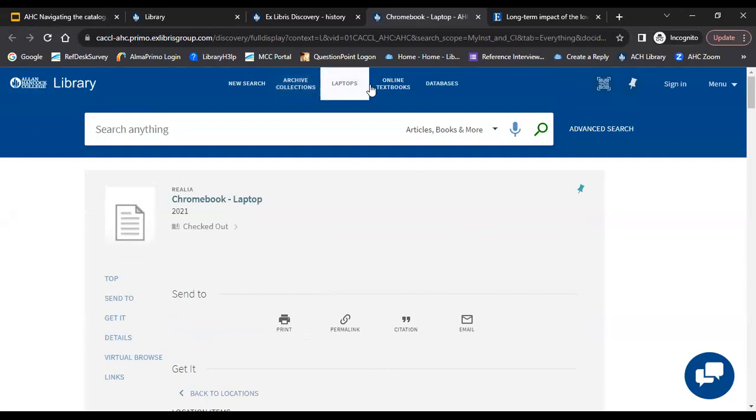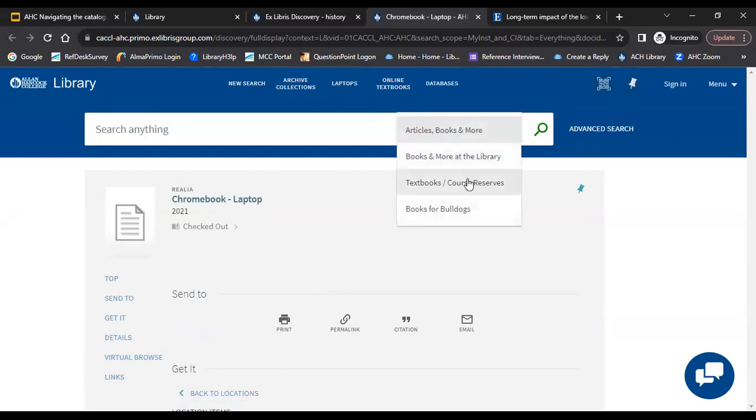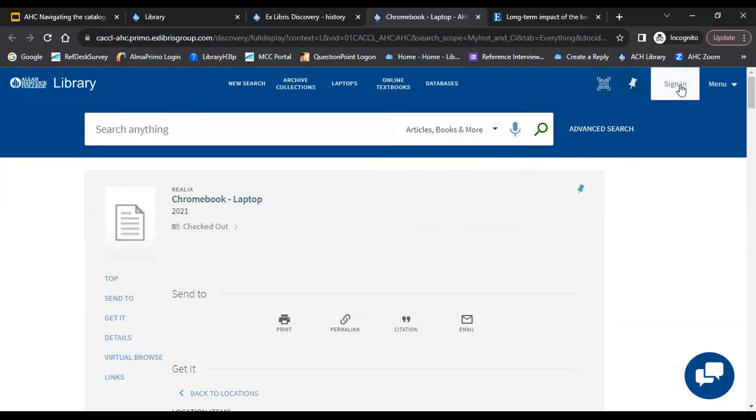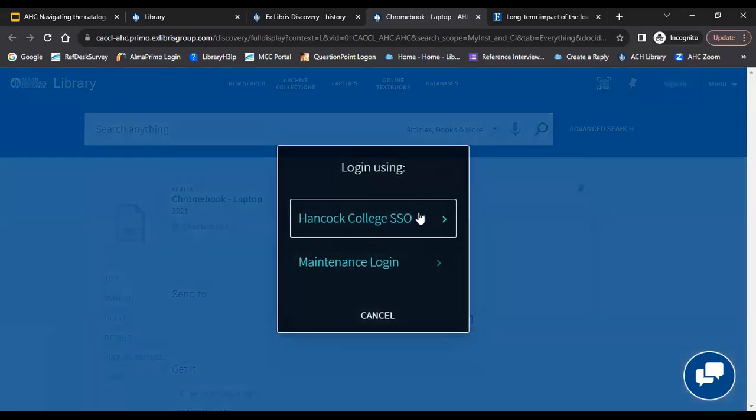We'll go back to look to see what else is available here. So we already went over textbooks, how to navigate and find them. We also found Book for Bulldogs. We looked for a couple of books and articles that kind of does a general search for that. The other thing I wanted to point out is how to navigate to get the information from your own account. So if I were to sign in and find my particular account here,